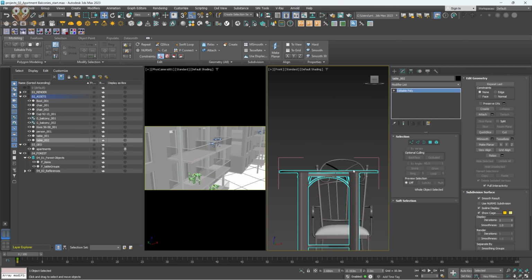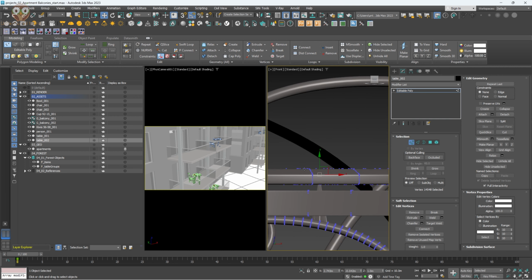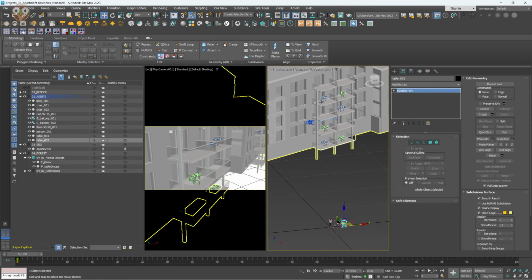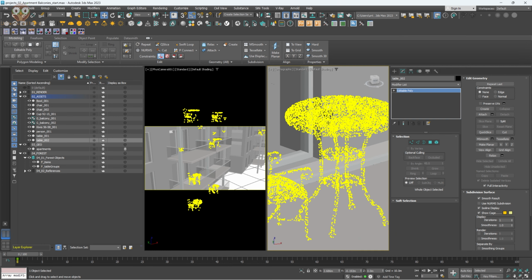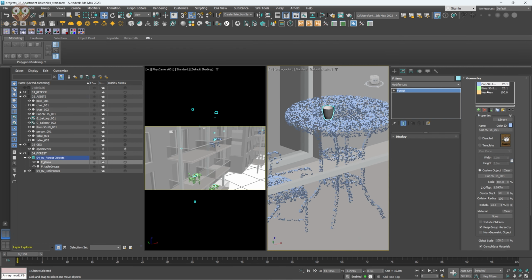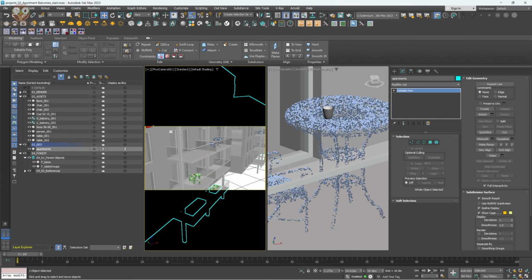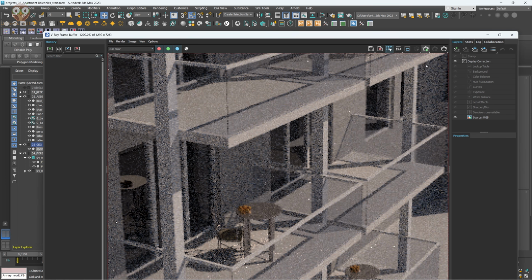So let's go to front view again. Yeah, so we didn't have the correct one. So click 1 again. So it's 1 meter. Okay. So let's go back to our object. Select the cup. Go to our kiwis and change this to 1. Okay. Go back here, render it again,